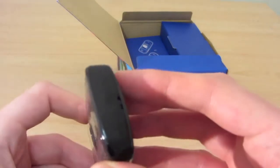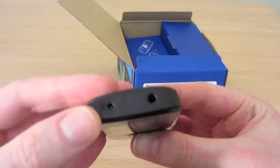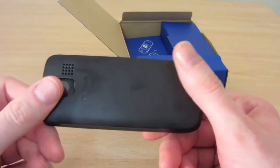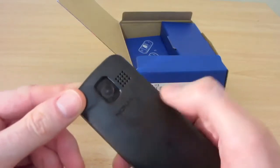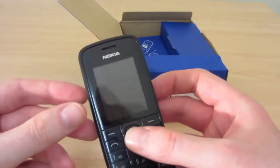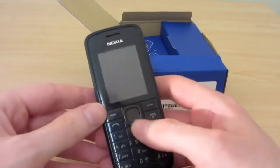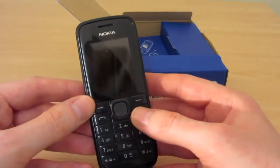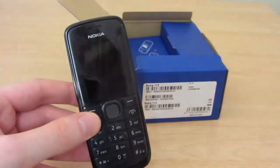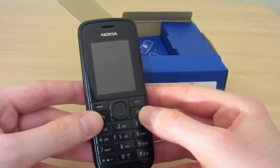So let's just have a brief look around here. We have headphone jack and the power connection point right here. This obviously is an MP3 player as well, and it'll play videos that you've recorded, although I'm not sure if it plays videos that you've downloaded. I think it might. But even though it does have internet access, it's pretty poor internet access. I believe it's over 2G or 2.5G network, and the software compresses down web pages to effectively a really cut down